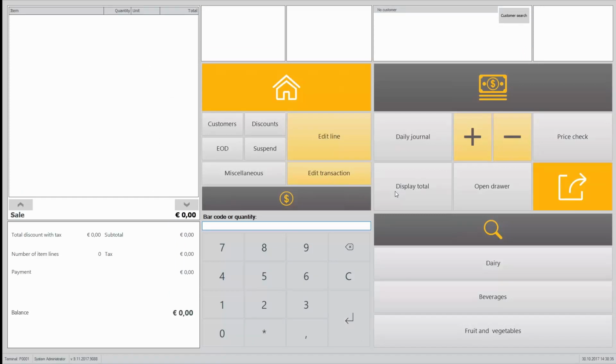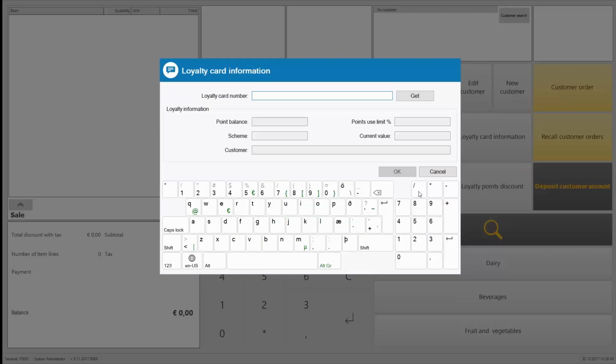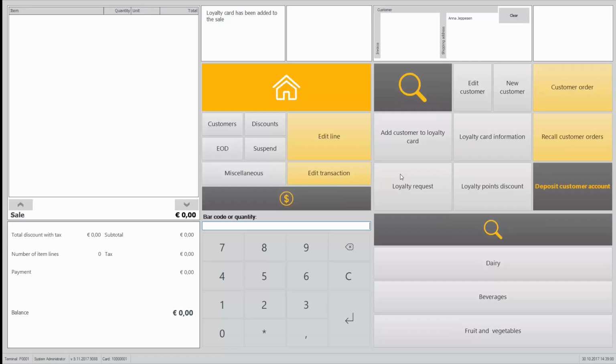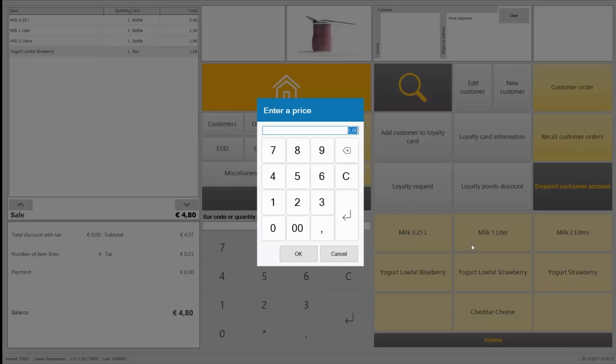Now, of course, I would scan the card to add it to the transaction, but I don't have any scanner, so I'll have to use this operation to actually add it to the transaction. So I got 100 points just for creating the card, or enabling it. That's something you set up in the schema. And now I have added my customer and the loyalty card to the transaction, and I will get points for anything that I buy. So if I go shopping